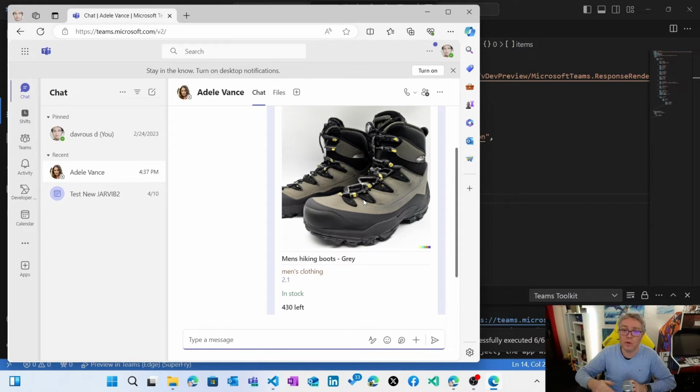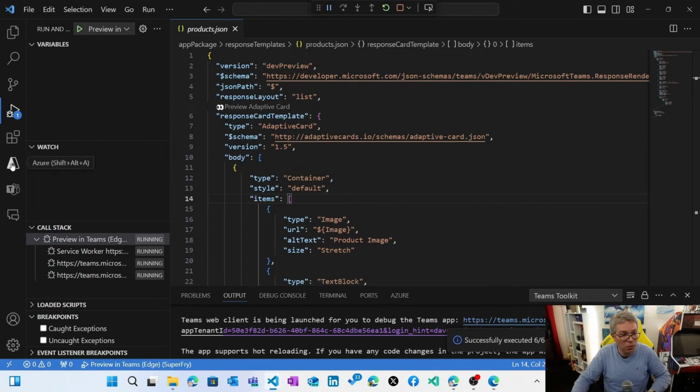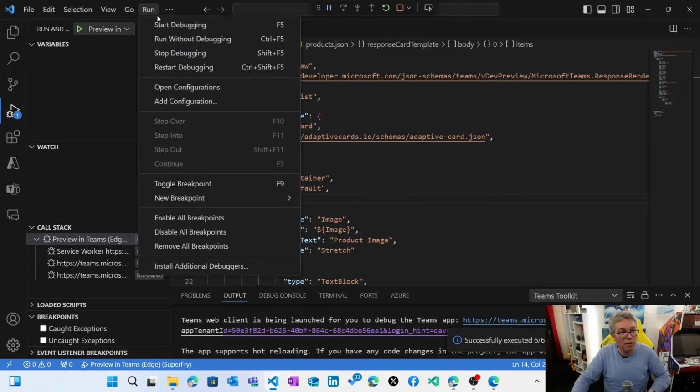What is about to arrive in 1 or 2 weeks in a preview version of the Teams Toolkit is also support for authentication. This API was without any authentication at all. But let's imagine, of course, you'd like to protect your APIs with auth. We already support that in the platform today. And the Teams Toolkit will also support an additional option to let you insert your key to protect your API. So let's stop debugging there.